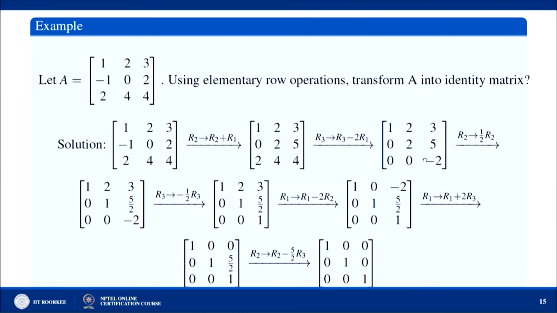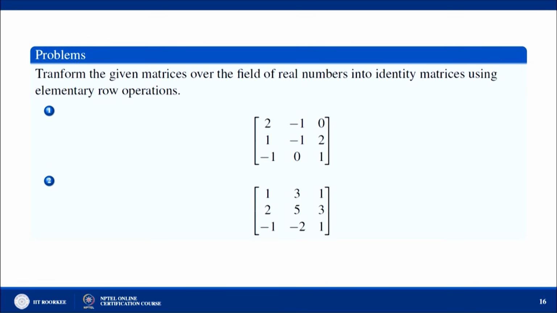Okay. Now, if you talk about this matrix, it is obtained from the matrix A by 2 elementary operations. So, we can say that this matrix is a row equivalent matrix to A, or in fact we can say any matrix up to here are the row equivalent forms of the matrix A, because they are obtained by applying some elementary row operation on the matrix A. Okay. Now, let us discuss these examples.